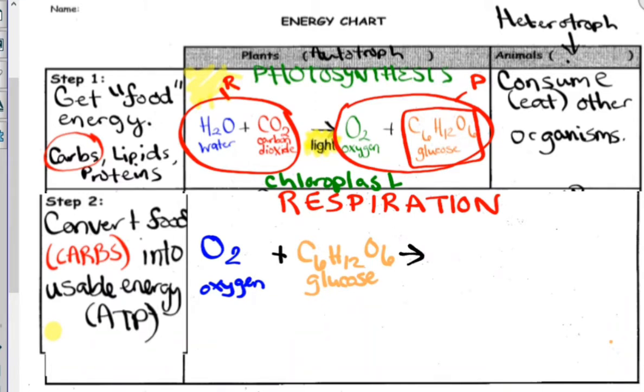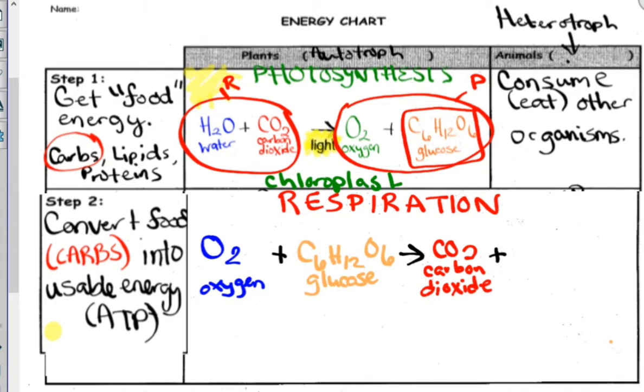Okay, now for this side of the equation, think about the gas that you breathe out. What gas do you breathe out? Carbon dioxide. Okay, your second thing says carbon dioxide. Your next thing,